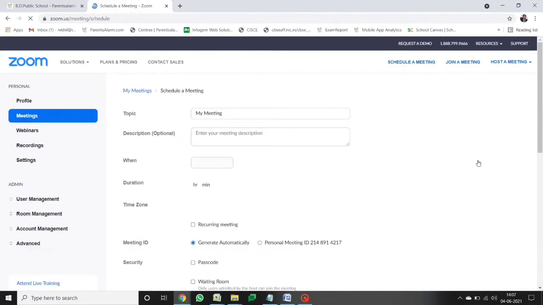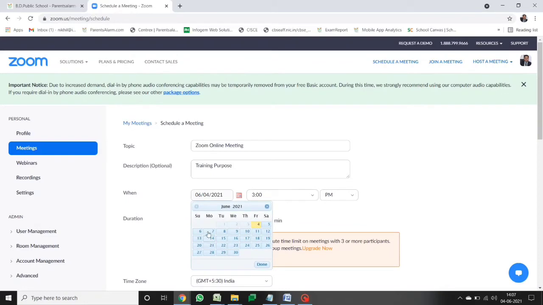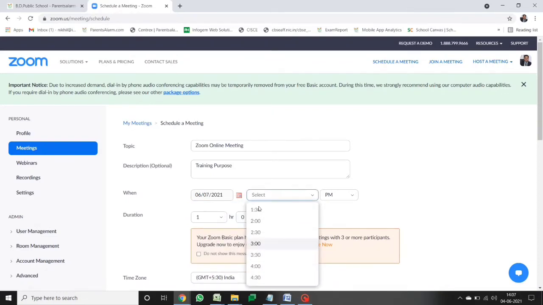And then I have to write the topic of my online class. If I want to put any description, I can put, or else I can leave it blank. It is optional. In Zoom, it allows only 40 minutes free class. So you have to remember this and you have to schedule the online class accordingly. I will again select the date. So I have selected 7:30 to 8:30 in Google Meet. So now I will schedule in Zoom from 9 a.m. to 9:40 a.m.